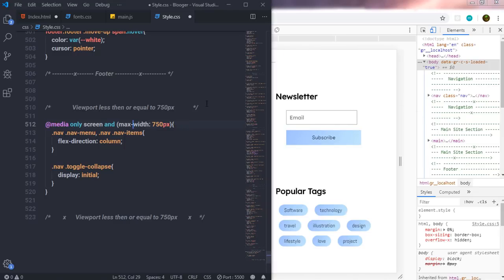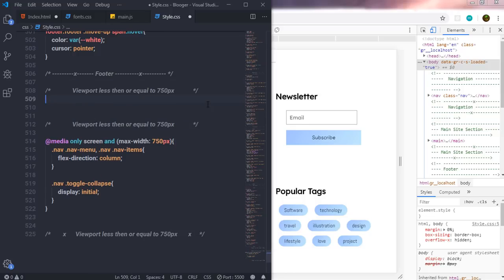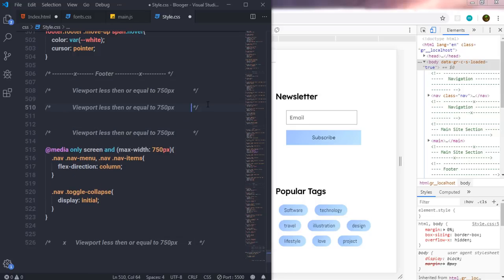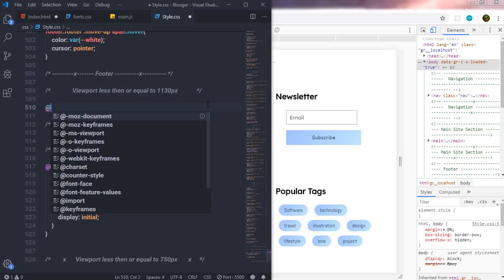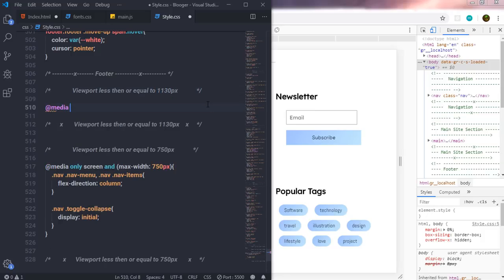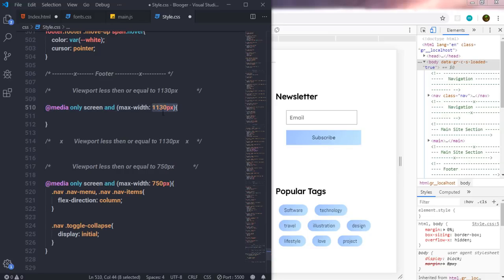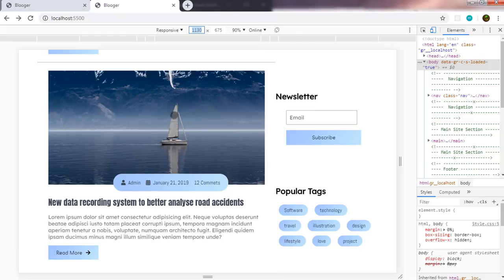So I'm going to open 1130 pixels, copy this comment, paste it here as well, and specify this is the closing media query of 1130 pixels. Now inside it, I'm going to add media only screen and say max-width 1130 pixels. So when the viewport is equal to 1130 pixels or less,